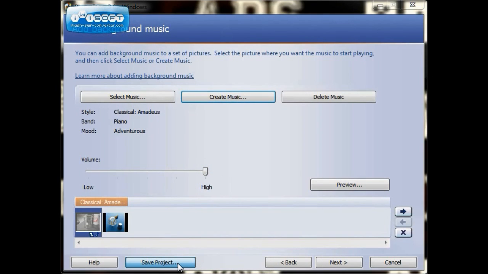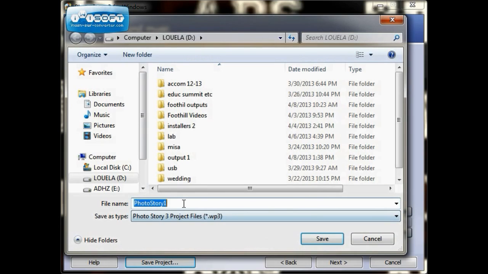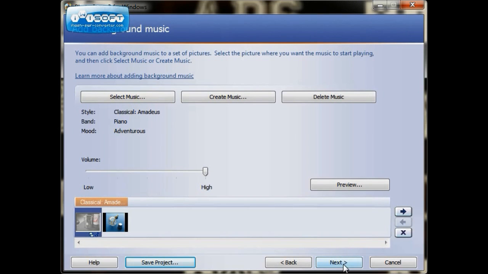And then save our project. So the title of our project is Laboratory Apparatus. And then click Save.